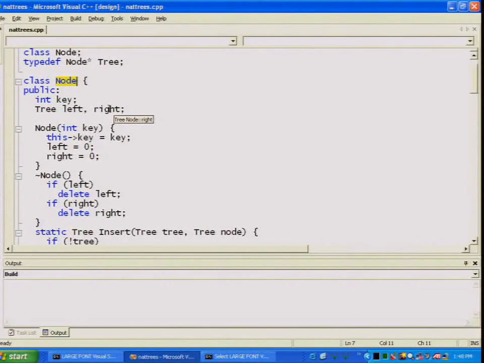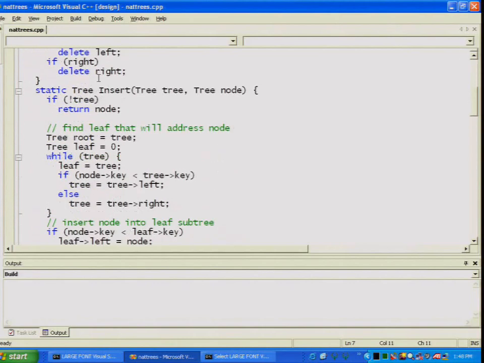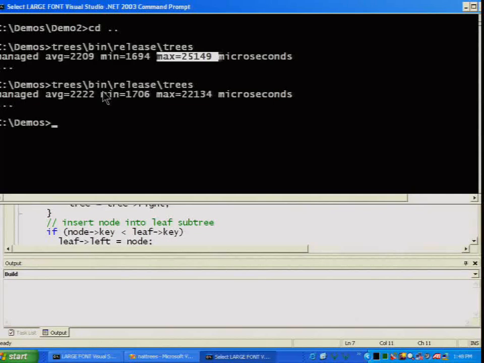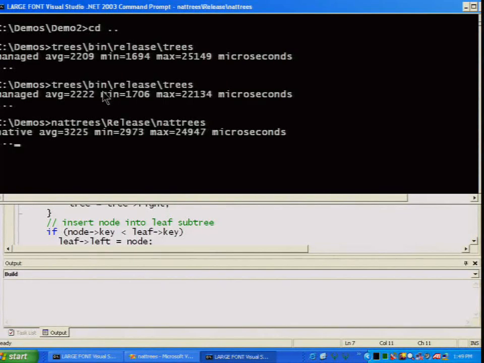But the managed object, which has these 3 fields of 12 bytes, also has 2 hidden fields. It has the method table pointer, which is used for virtual function dispatch and so forth, and it has another hidden field. So the managed code objects are actually a little larger. They're 20 bytes for each one. But otherwise, it's very similar code. So now we'll just run this. And it took a bit longer to allocate these objects and build the tree. And I attribute that to the free list allocator that's behind the operator new that we use to make the